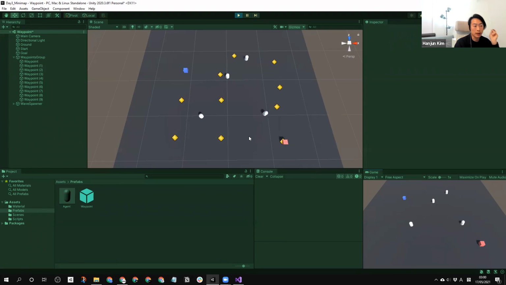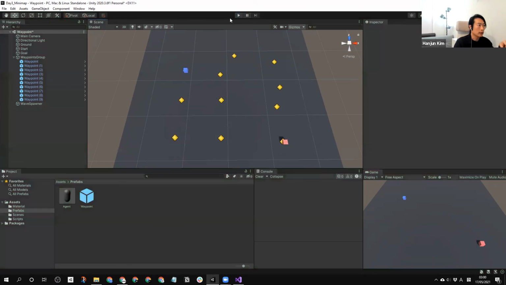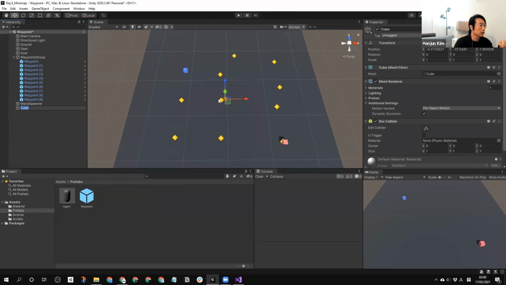Actually, basically, this idea can also be used for nav mesh as well. But the only difference between yesterday and today is just how you find the goal, and how you find the way. That's it, actually. So with this waypoint system, you need to give every waypoint where you want to go. So, for example, yesterday the nav mesh was calculating the object by itself, right? But this one, if I create a new cube,